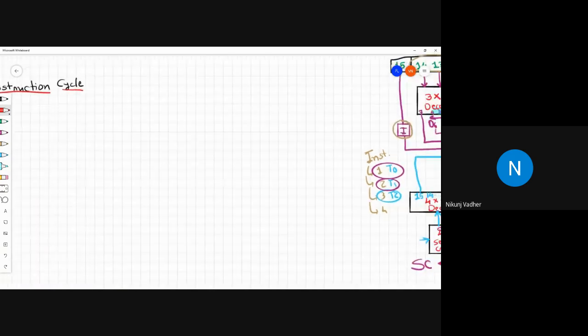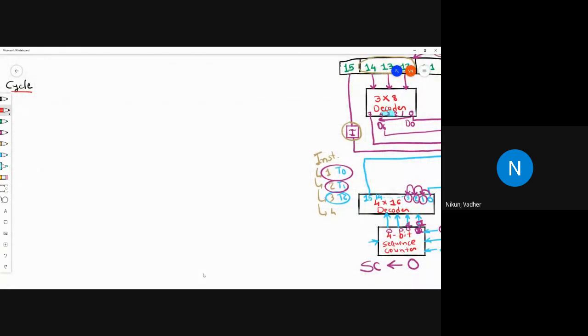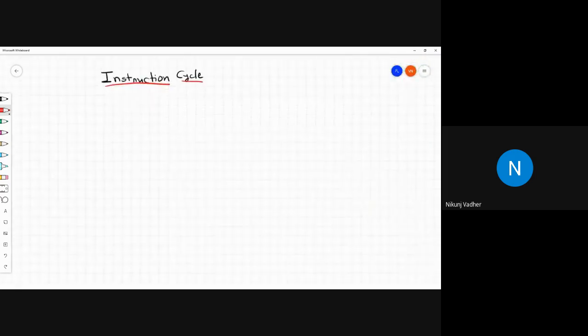Just before few minutes, I mentioned that instruction will have different phases, different steps. So which are those steps? Let's try to discuss which are the steps in instruction cycle.